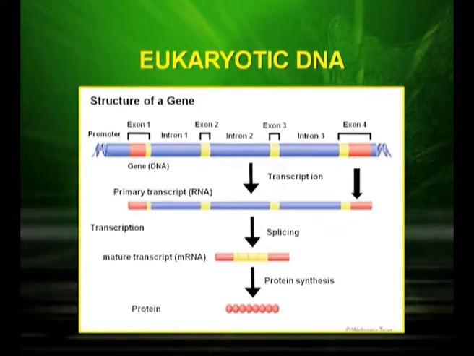Now, what do you observe in the eukaryote? In the eukaryotes, you can see the intervening regions, the exons and the introns, and that makes the process more complicated. The RNA which is formed in the eukaryotes is a heterogeneous RNA which is formed inside the nucleus. This heterogeneous RNA is non-functional. To make it functional, this RNA comes out from the nucleus into the cytoplasm where further modifications are required.